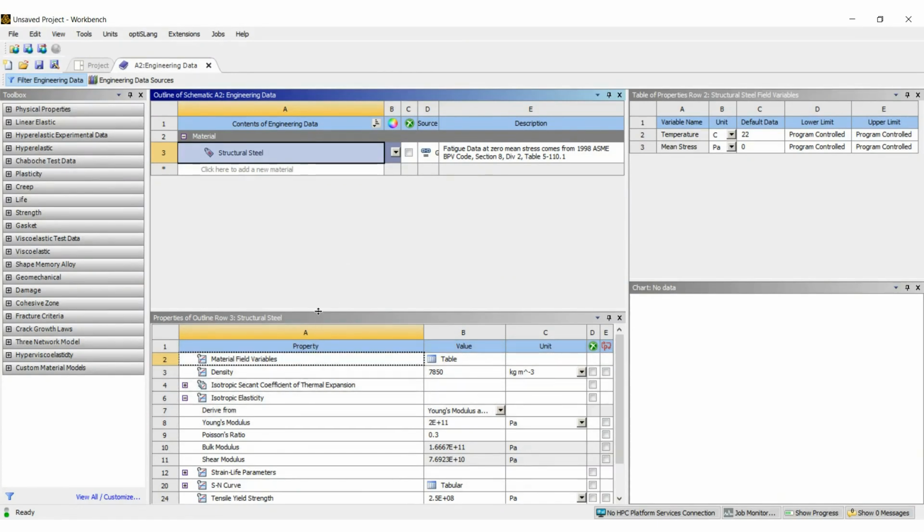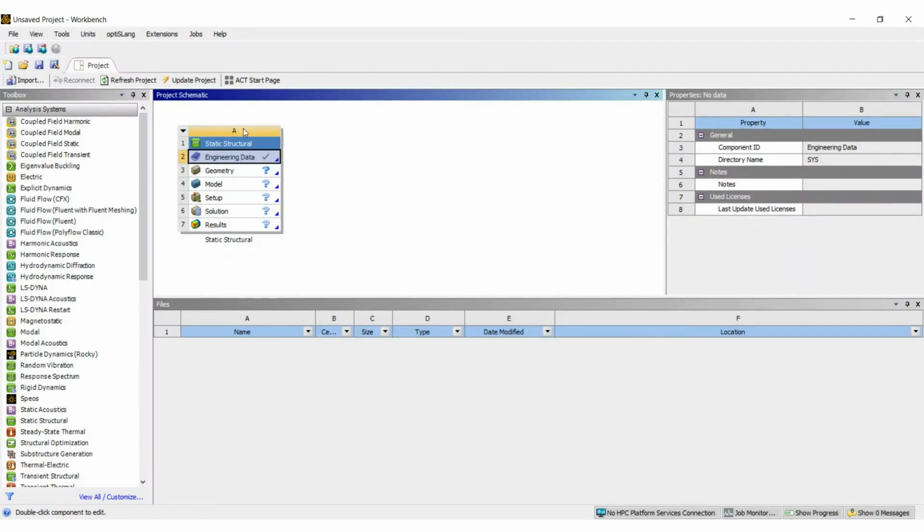To start, it automatically populates structural steel. So we are just going to leave it like that. In a future video, we will talk about how to define a new material. So for now, that's good. Let's close out of this tab. That brings us back to this schematic here.